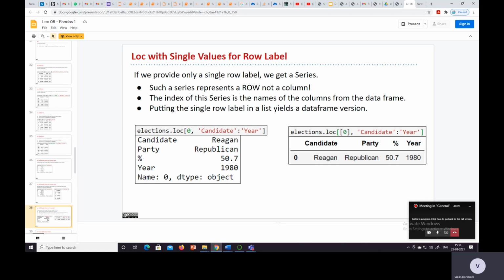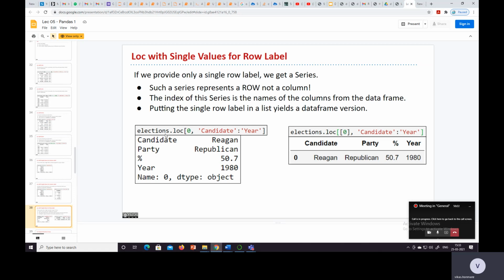If we provide only a single row label, we get a series. Such a series represents a row, not a column. So when we provide a single row, the result we get is a series, not a column.